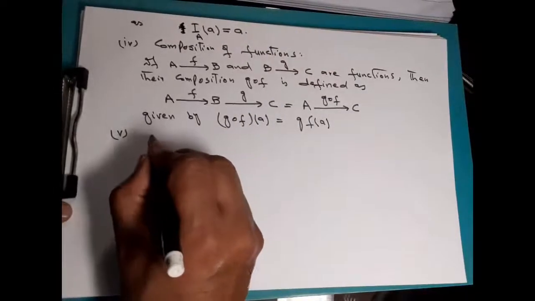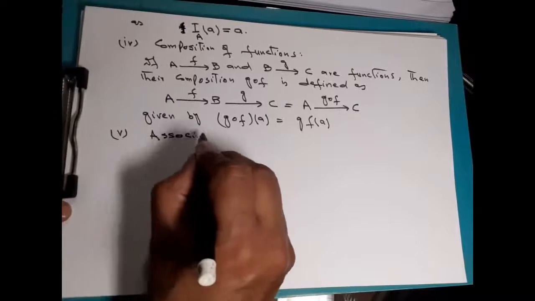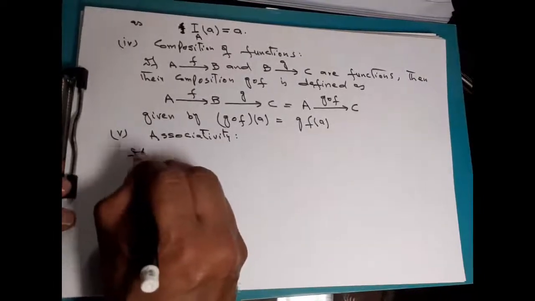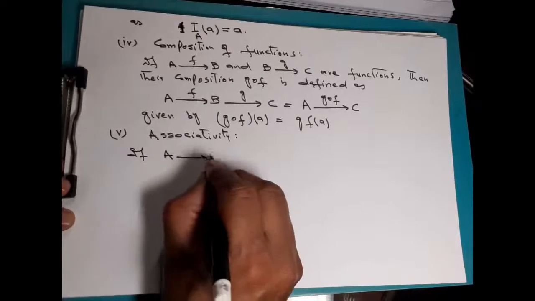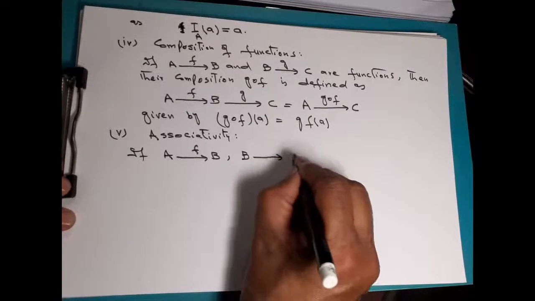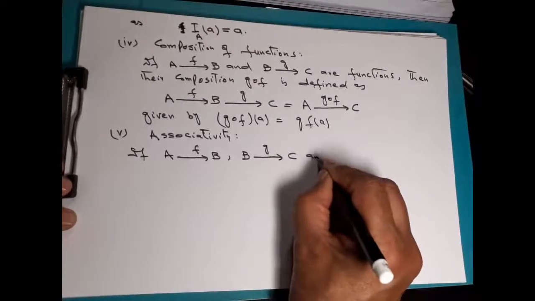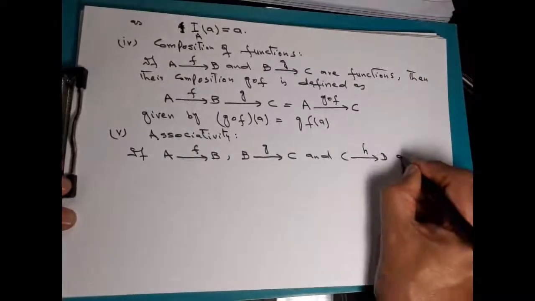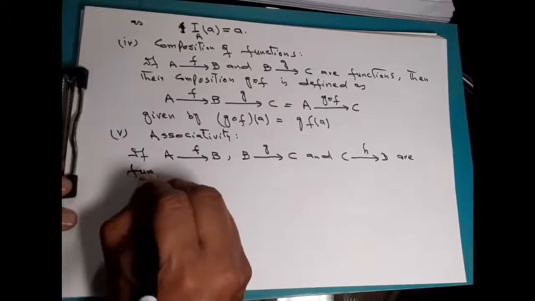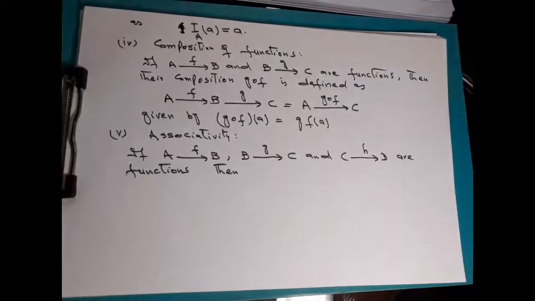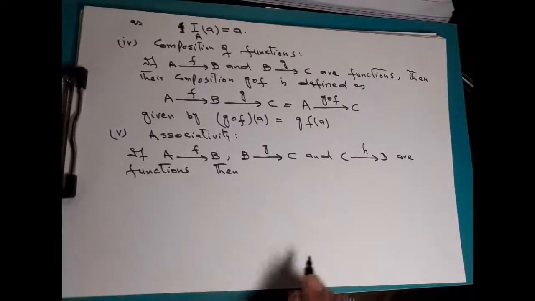So associativity: if f is a function with domain A and codomain B, and g is a function with domain B and codomain C, and h is a function with domain C and codomain D, if these are functions, then in fact we can compose these two functions with each other, and having composed these functions, this is what we will get: